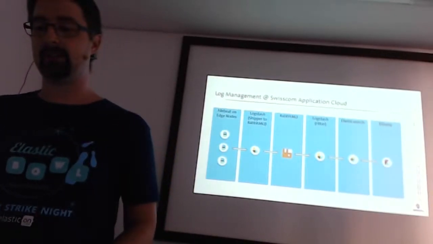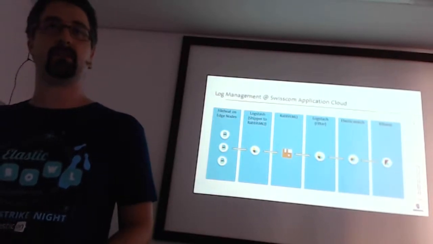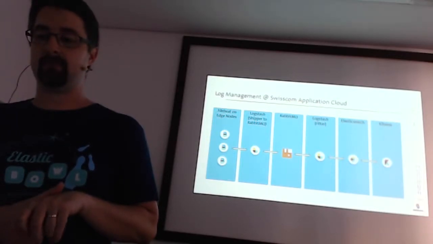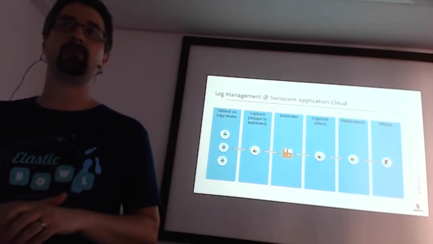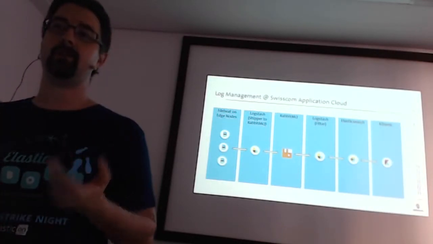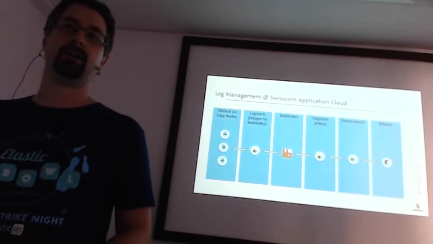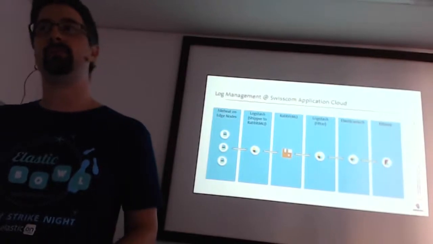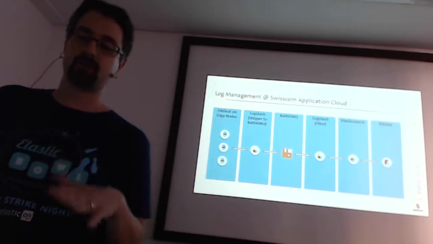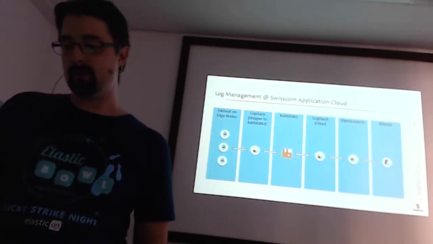It's really the classical one. On the left-hand side, we have beats on the edge nodes. The edge nodes in our case are nodes provided by Cloud Foundry, computing nodes, but also all the services, MariaDB, MongoDB, and stuff like this, and also background things. We need DNS servers, for example, reverse proxies, and stuff like this. So Filebeat is really deployed on all these edge nodes and picks up the log files of these daemons,